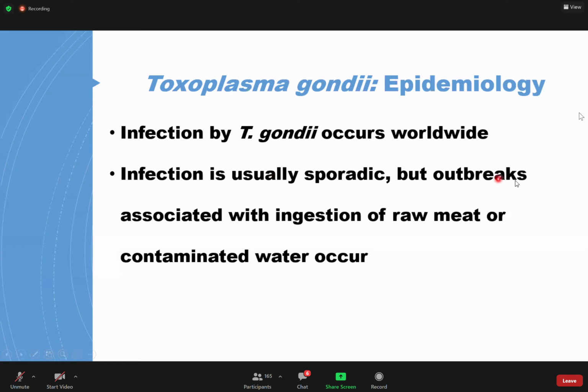Infections tend to occur sporadically, but you can have an outbreak situation, okay, which is associated with certain dishes. Maybe you went for a party and some special or exotic dish was consumed, or the source of water was contaminated, then you can have an outbreak. But that outbreak can be traced to a particular event, okay, if you do the epidemiological surveillance.